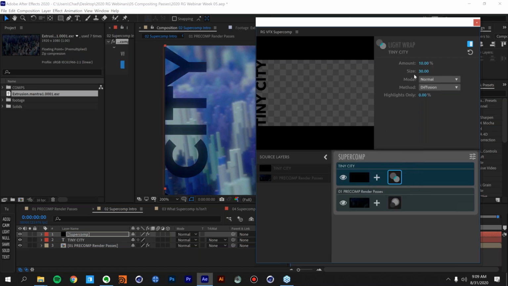And so I add some light wrap here. I basically have two values that I'm concerned with right now. Amount, which is like the intensity of the light wrap, and I'm going to crank this value up quite a bit just so you can really see what's going on here. And then the size, which is how far in the glow is allowed to encroach upon the text. I'm going to take that down a little bit just so we can see this a little bit more